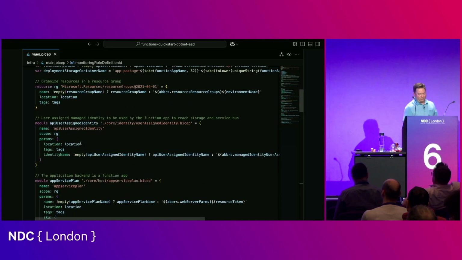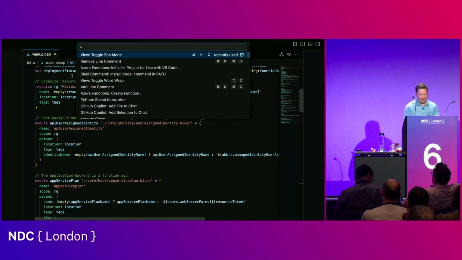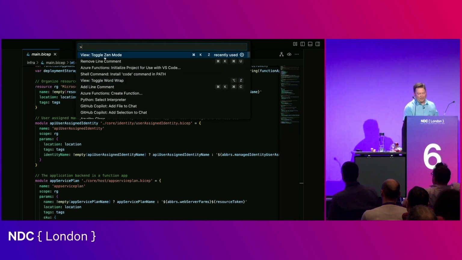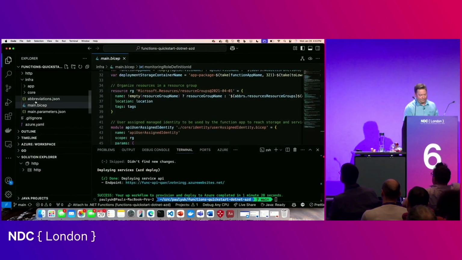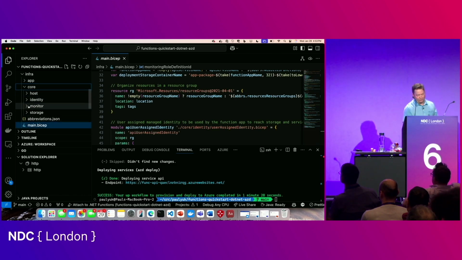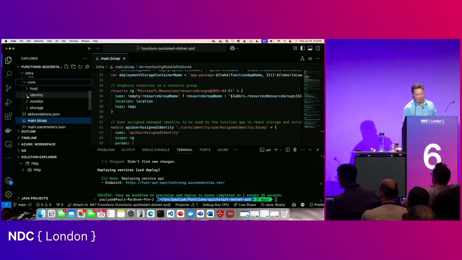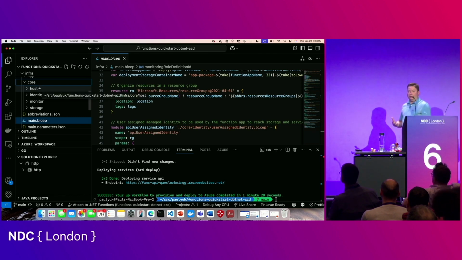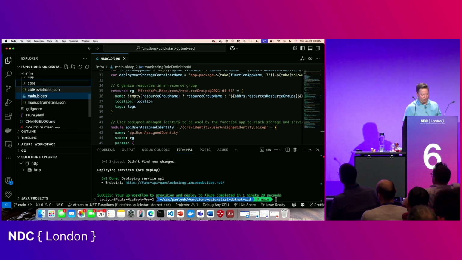Each one of these resources has a bicep module in detail that we maintain that does everything underneath. So if you look under here, identity, storage, app service, all of that has definitions that we provide to you. And maybe you and your admins want to customize that further. That's totally good. So you've got the resource as code.